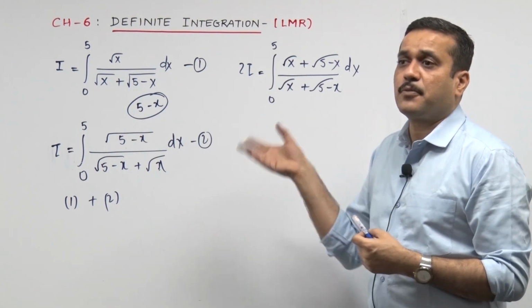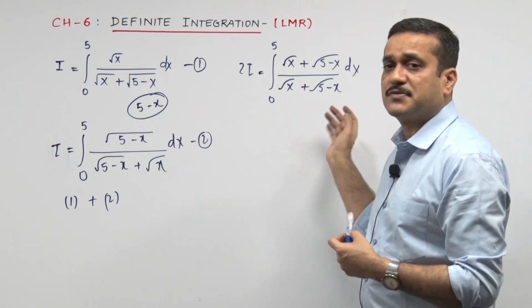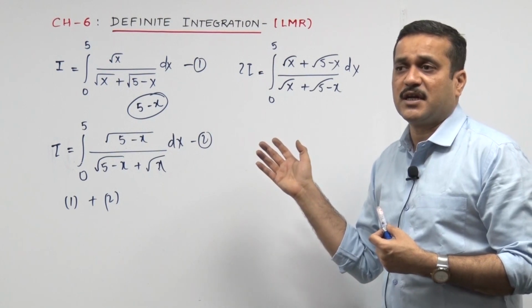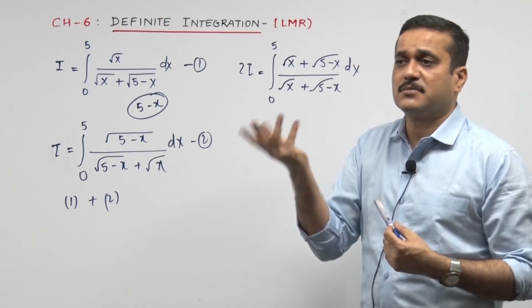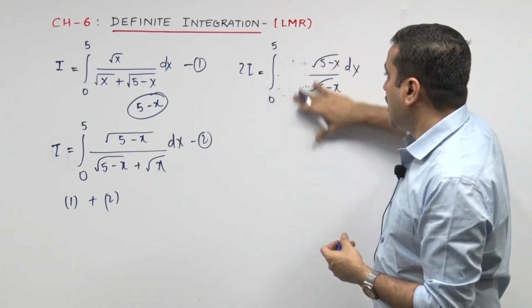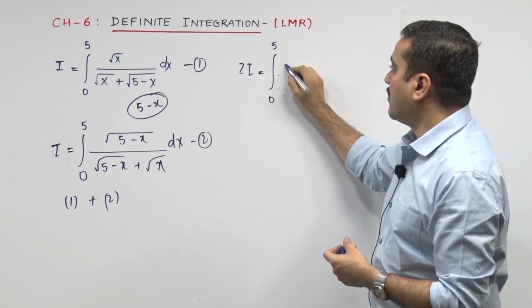How did I get the addition prompt? The denominators were the same. So addition was quite simple. You just had to add the numerators. You go a by 2 plus b by 2, it becomes simple a plus b by 2. Same over here. And now that gets cut and you are left with only 1 dx.